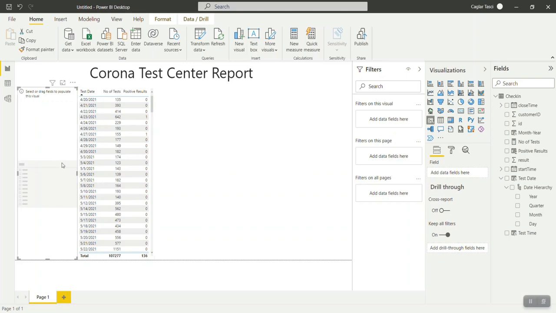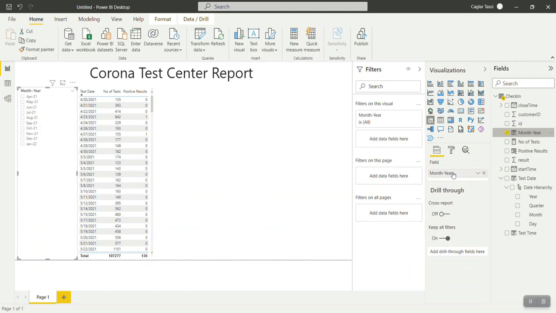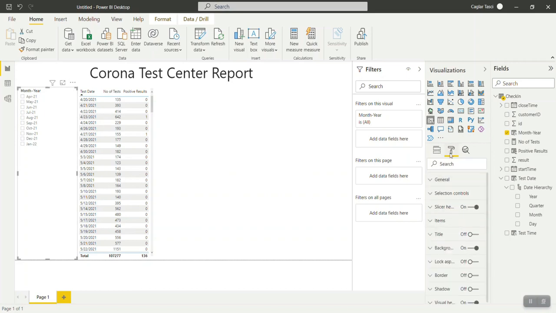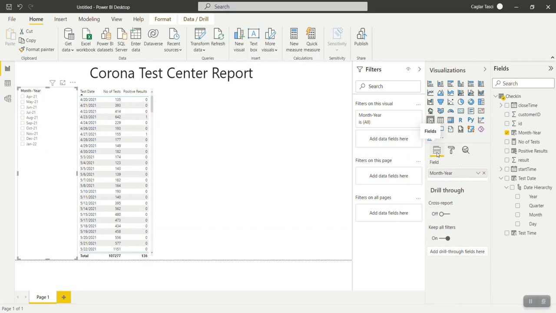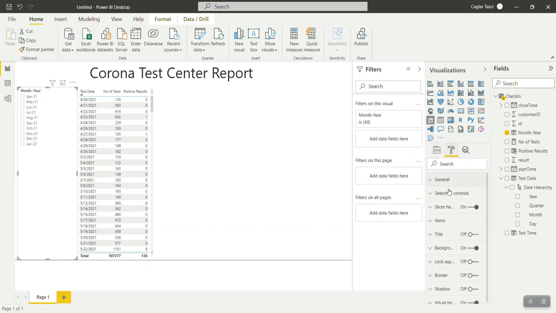Okay, so now that we have created the slicer, I will use the formatting option and increase the text size so that it's more visible, and I will do the same with the header. So you have all these formatting options like slicer, header and all, so you can format these things. So I will just add an outline here and increase the size.